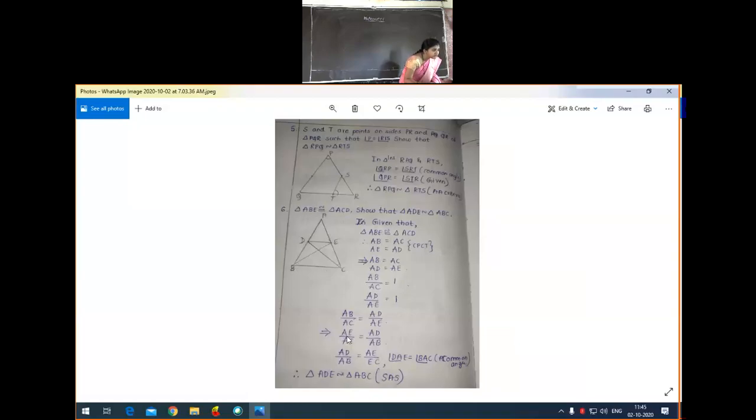So here I think you got the idea of this step now. AE by AC is equal to AD by AB. So next, AD by AB is equal to AE by, this one is AC only. So the sides are in proportion. Here you just observe in the figure. AD by AB is equal to AE by AC. This one is AC. Next, the angle is common.